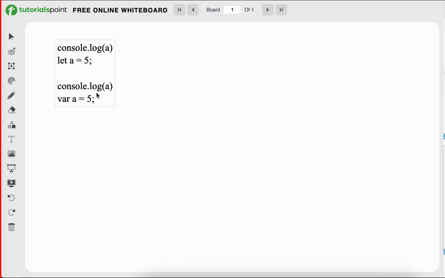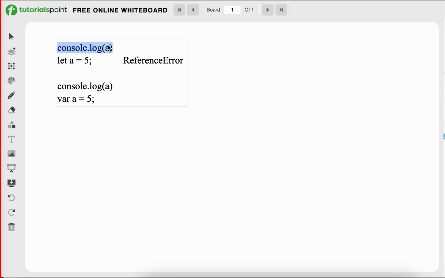Okay, the thing is, with let and const, when you try to access the variable before initialization, it will throw a reference error. So I will add here, there is an error called reference error, because we cannot access a before the initialization.